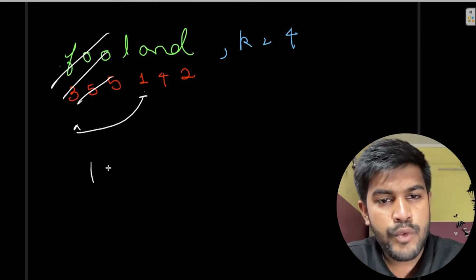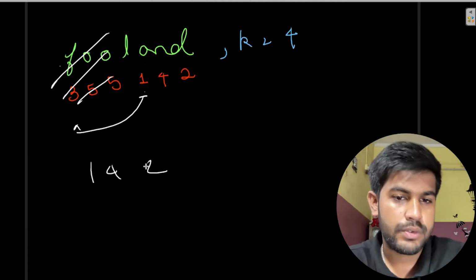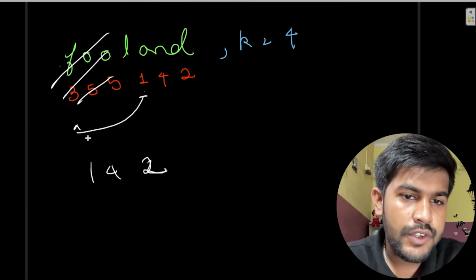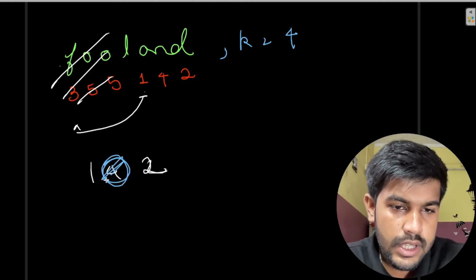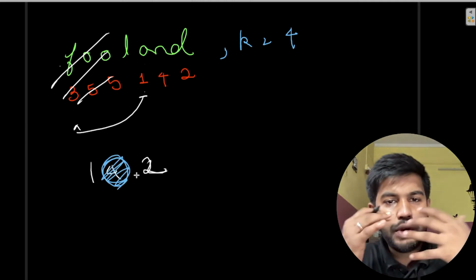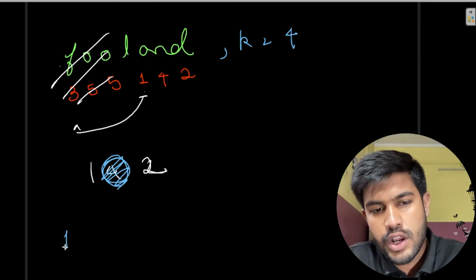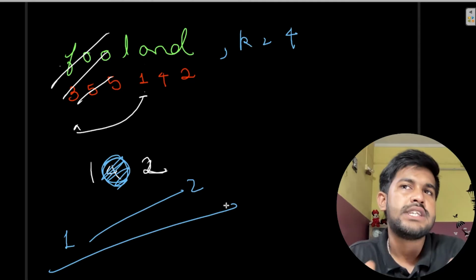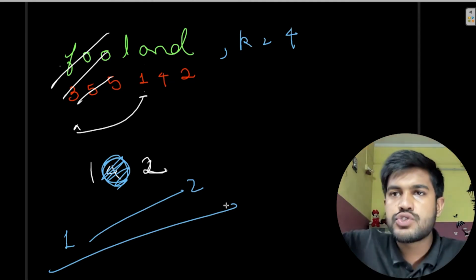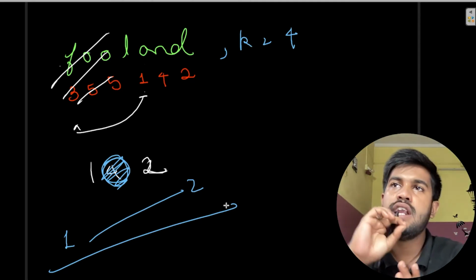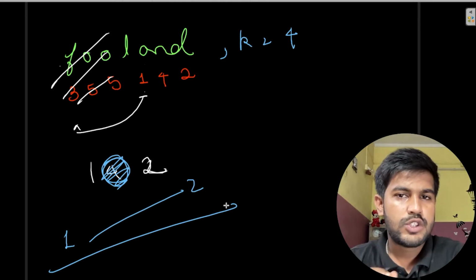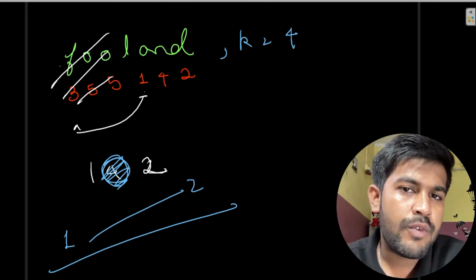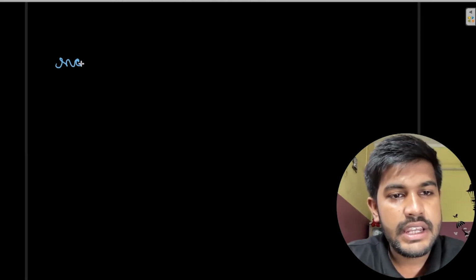And then from 1, 4, 2, we need to remove one more. Okay. So what is the beneficial one? If you see, the beneficial one would be removing this one. So if you observe, the remaining string would always be in an increasing fashion. Just take one or two more examples and you would observe that the remaining string is in an increasing fashion. So what you want is increasing